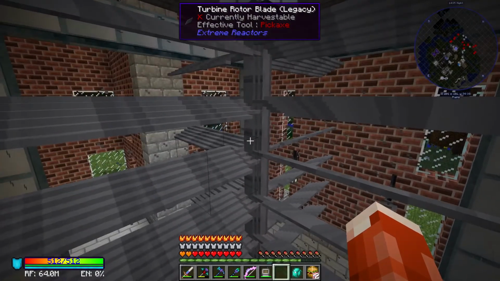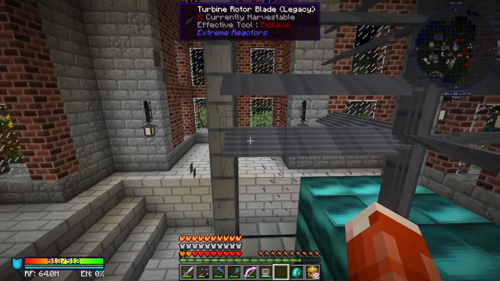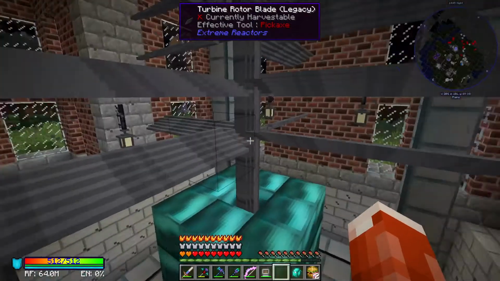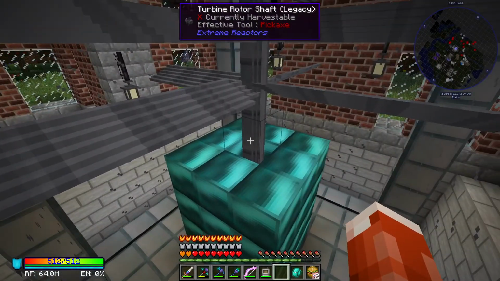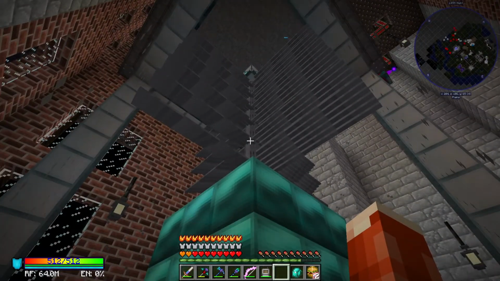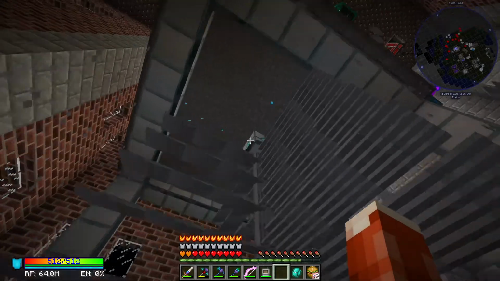Okay, that is 6. 1, 2, 3, 4, 5, 6 shafts worth of rotor blades. Each has 3 on a side times 4. So each layer has 12 blades. So it's 6 times 3 times 4 is 72 blades. And each blade handles 25 millibuckets of steam. So that is the completed structure for the actual turbine itself, including the coil, the blades, the shaft, and basically